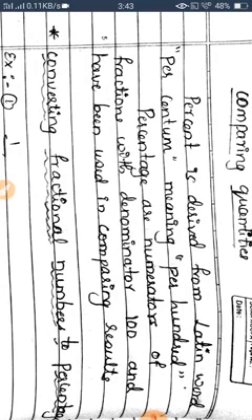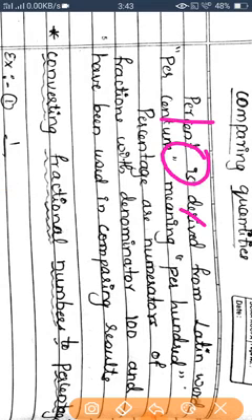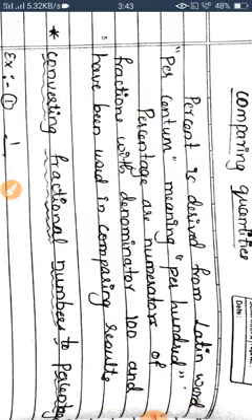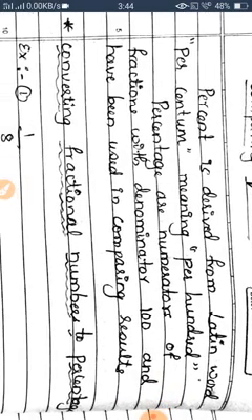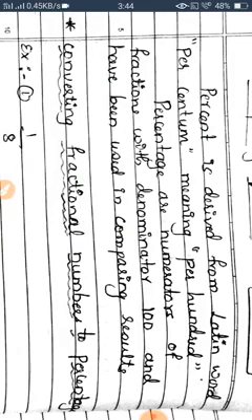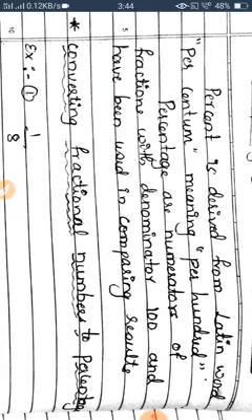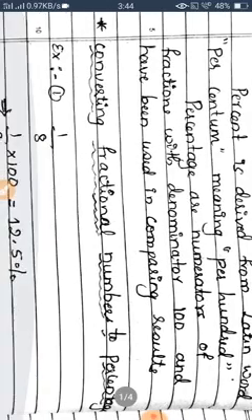So that percentage comes from the 100. The sign is symbolically like this: 1 is here and these two zeros are from here. Percent is derived from the Latin word per centum, meaning per 100 or every 100. Percentages are numerators of fractions with the denominator 100 and are used in comparing results.